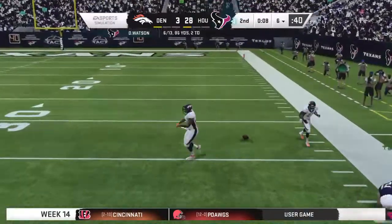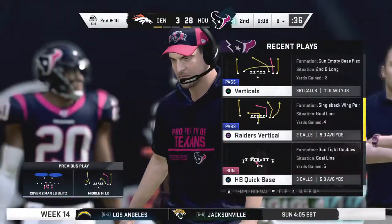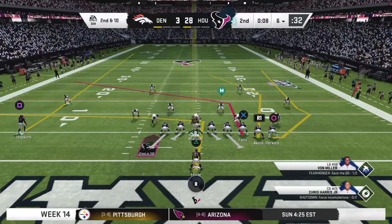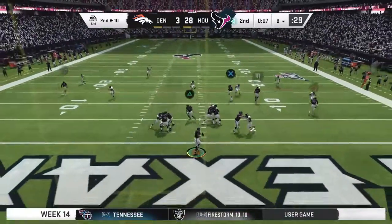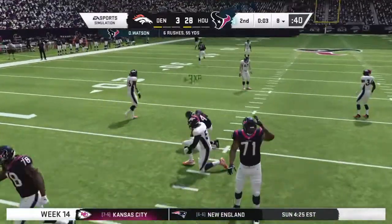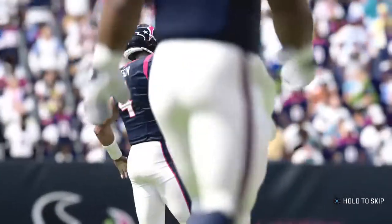Looking for more there on first down, but this throw downfield, incomplete. Stills the intended target. That'll bring up second down. An incomplete pass on first down leads to a 2nd and 10. Throwing again, it's Watson. And he's able to get this one up to the 8-yard line this time. So we've come upon halftime here in...